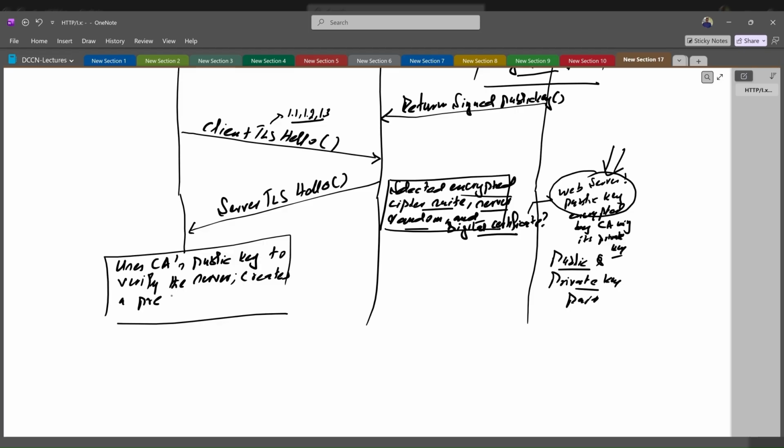It creates a pre-master secret. So a pre-master secret is created. A key is created, right, using the random number provided by the web server. The client, using an encryption algorithm from the encrypted cipher suite, generates a key, which is known as the pre-master secret, right? And what it does is, it's signed